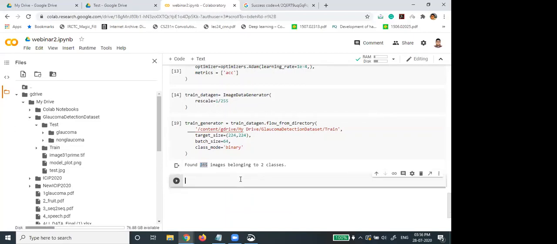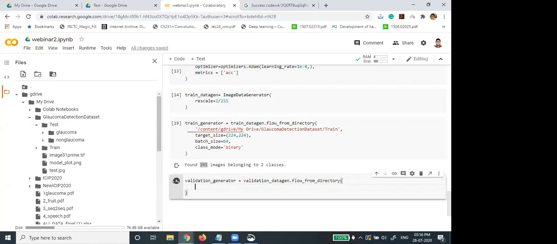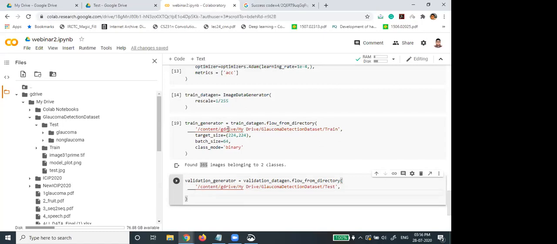Similar way, actually I am giving this name test, but actually this is the validation. Same one. So here also I have to copy these things.